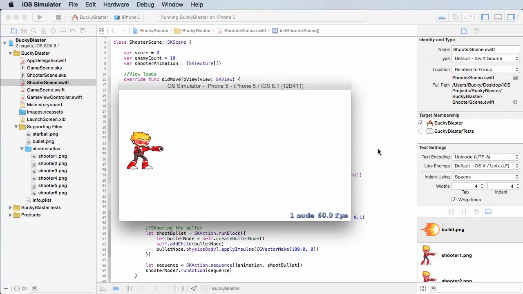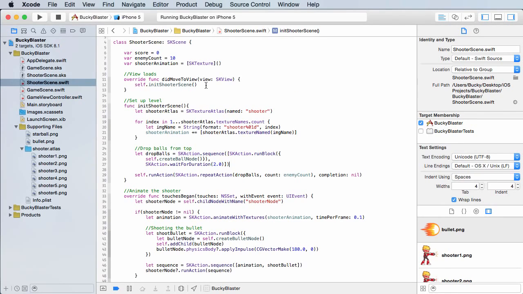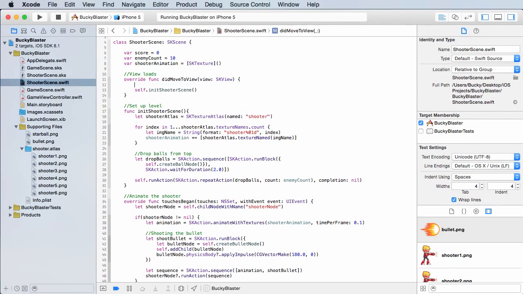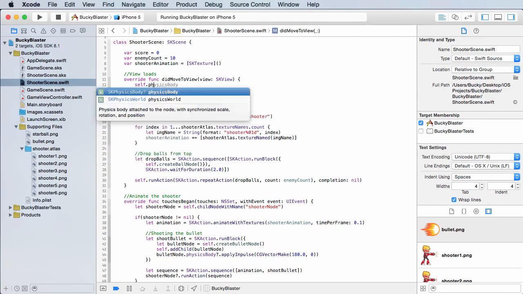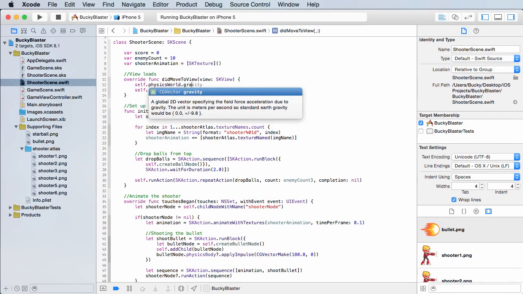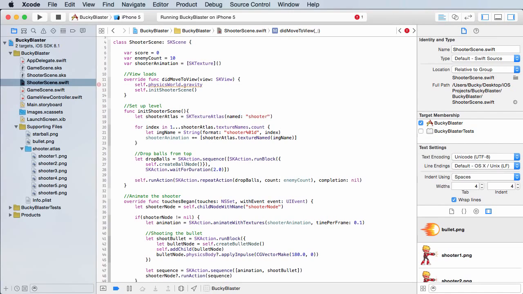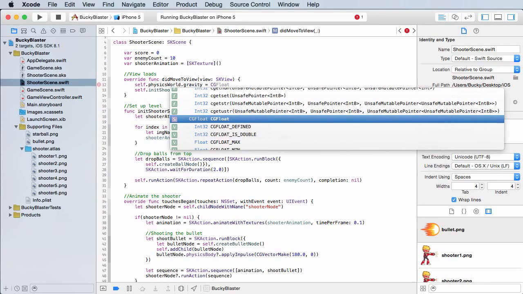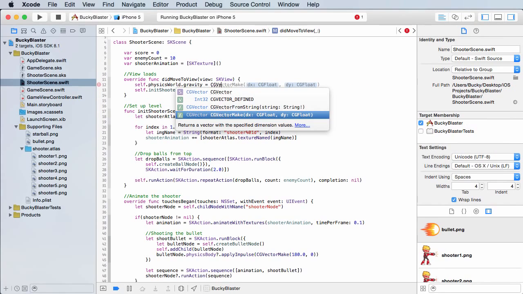And another thing I want to point out is this. If we go to didMove to view, the very first thing we can call, I saw that those balls were falling kind of quick, and that is realistic in the real world, but I want to slow it down a bit since, you know, it's just a game. This is my world. So in the physics world, in other words, the world that we're creating, we just want to change the gravity of it. And of course, the gravity is a force,